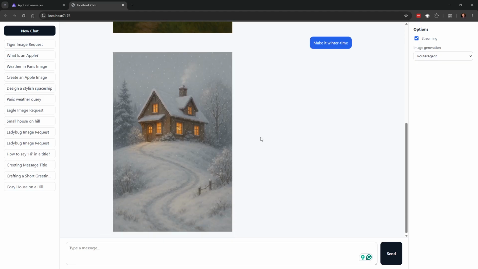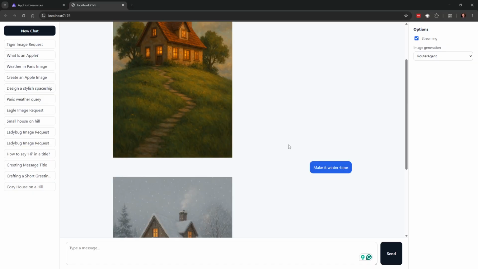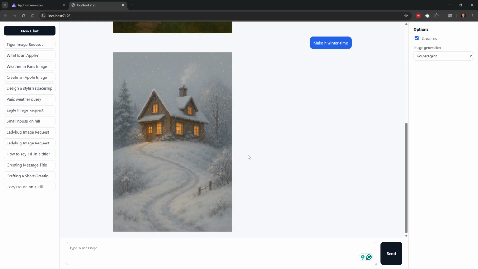So this is how ChatGPT roughly does it, but I kind of feel that it has a little limitation, because we also in this chatbot have a tool called Get Weather. So what if I wanted to say generate an image of how the weather is in Paris?